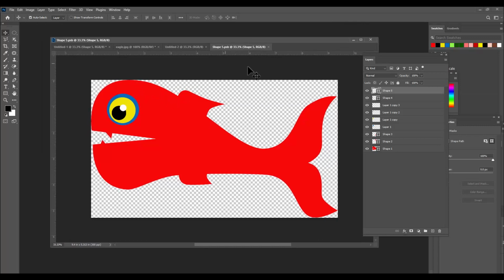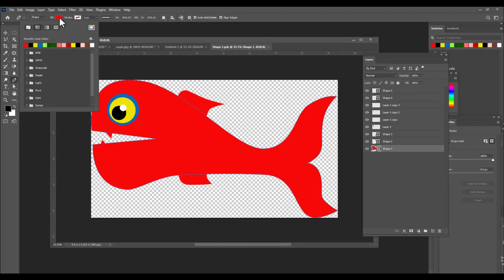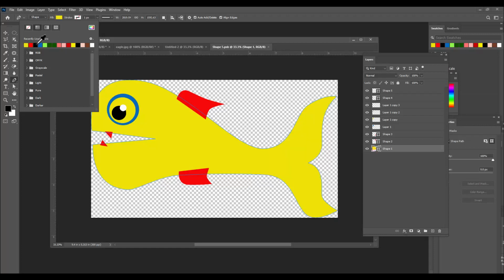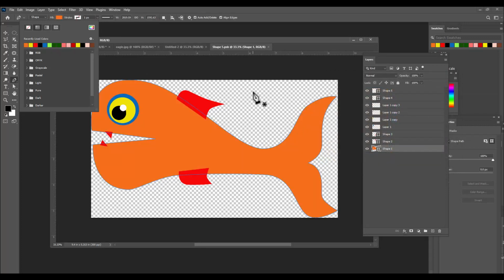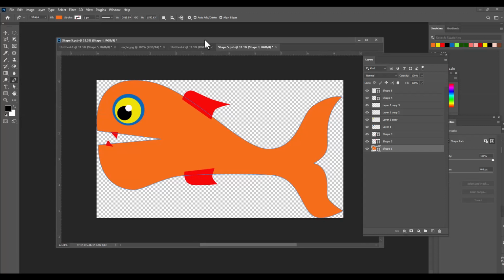And see here, one more document has opened. Now if we want to change the color, so what we can do is we will select the shape of the fish. We will first select the body of the fish, and we will activate the pen tool. Here we have the fill. Let's make it blue color, or let's say a yellow fish. So we have made it into a yellow fish, or we can make it into an orange color fish. So this is an orange color fish. We will also have to change the